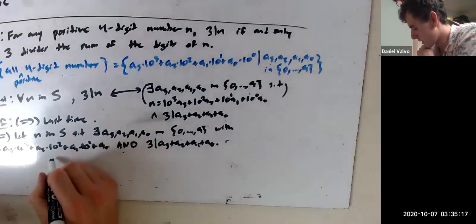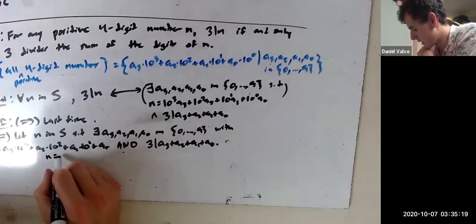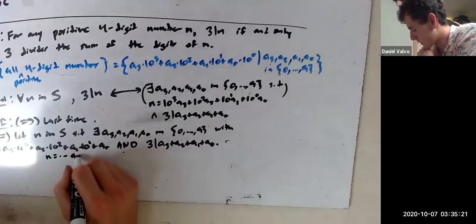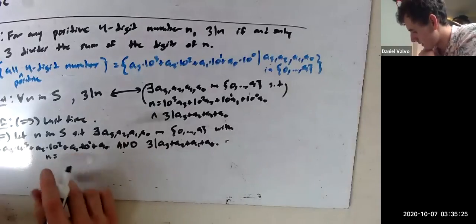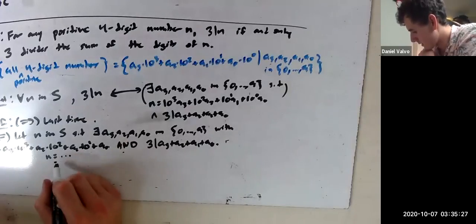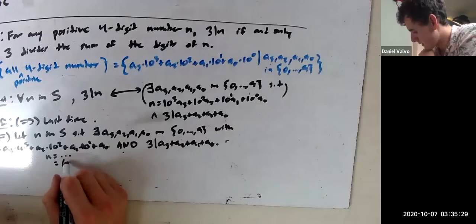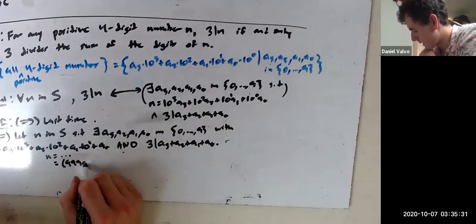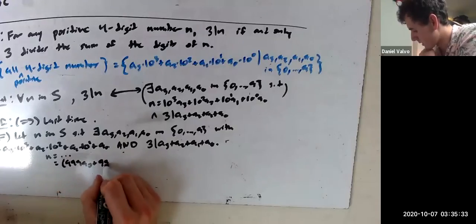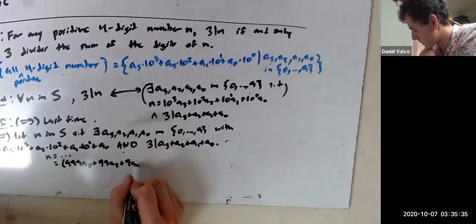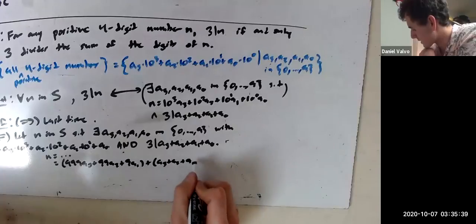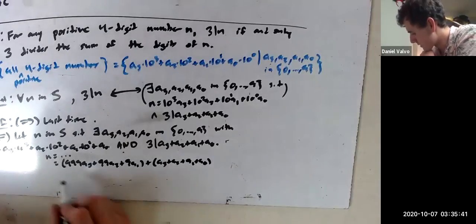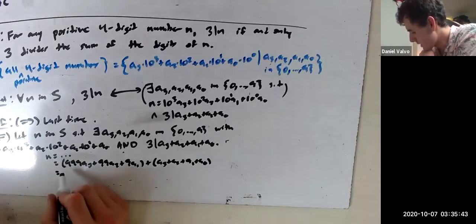So we have that n equals 999 A3 plus 99 A2 plus 9 A1 plus A3 plus A2 plus A1 plus A0, which equals,